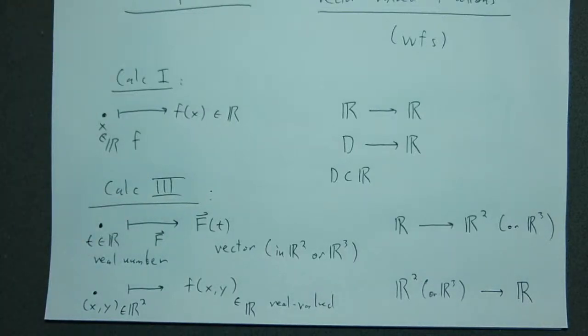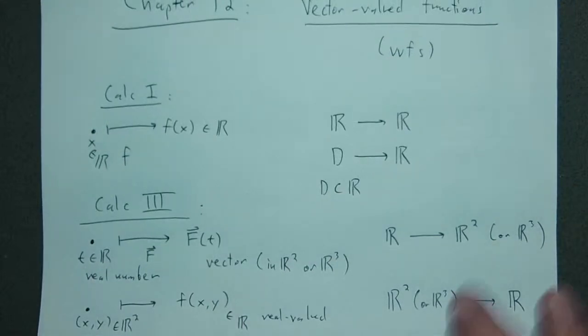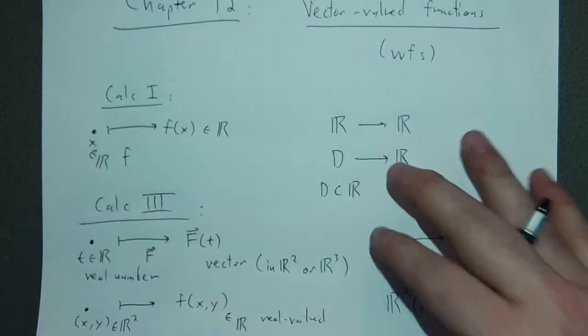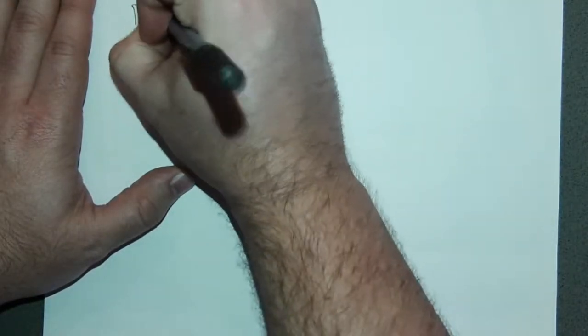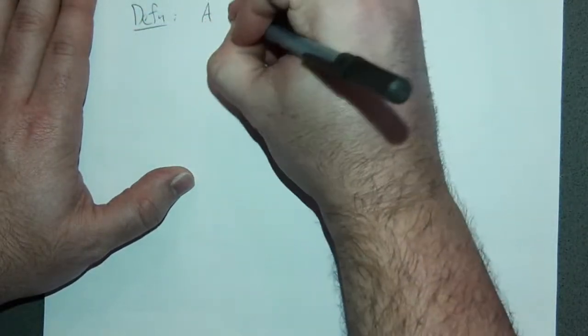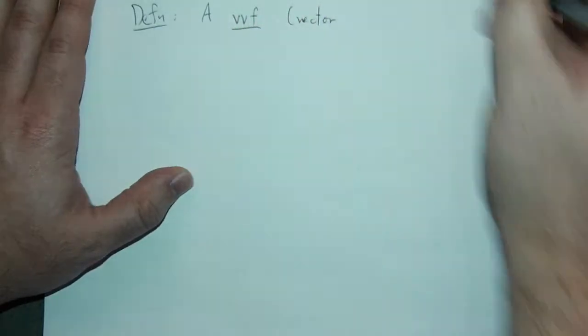Okay, so that's kind of the conceptual idea of what's going on here. So then what is a vector valued function? A vector valued function is just a function that takes in a real number and spits out a vector, right? So, quick definition, a VVF, that is vector valued function,